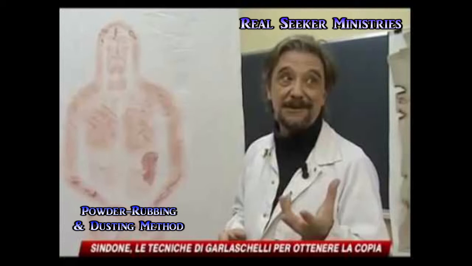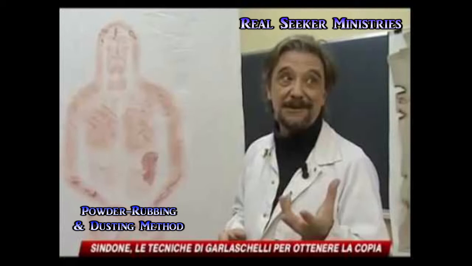Once again, as with the painting thing, obviously there are those anatomical inaccuracies. They can be explained in different ways. It doesn't rule out an actual human body, as all the forensic experts agree. Yes, Luigi Garlaschelli's method does employ the use of a real human torso or body from the neck down. And this can help out in terms of some of the anatomical accuracies that are seen on the shroud. However, there's a problem with him, because obviously if you're covering up the body in a pigment or powder or a slurry in order to encode the images onto the shroud,